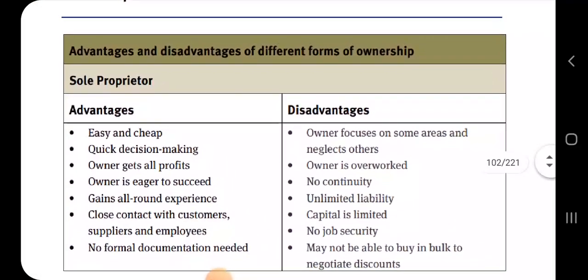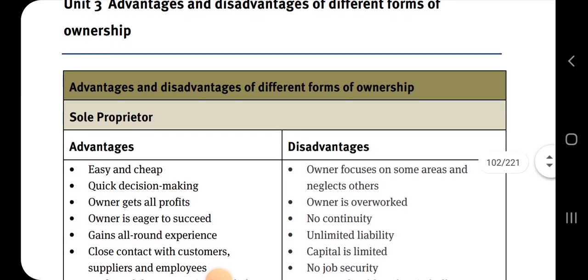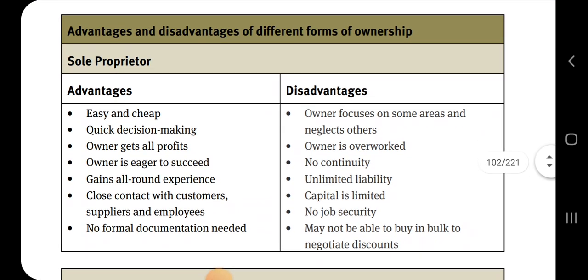So we are going to look at advantages and disadvantages of different forms of ownership. Now you know the characteristics of each. Now you can say the advantages and the disadvantages. The advantages are the positives and the disadvantages are the negatives. Okay, so advantages of a sole proprietor,